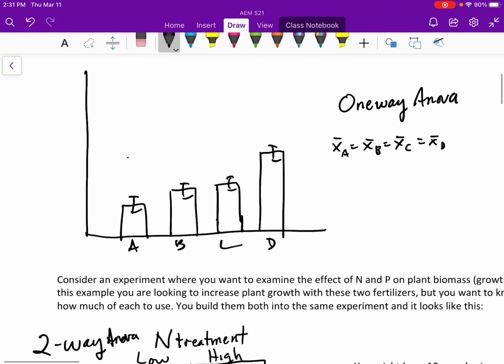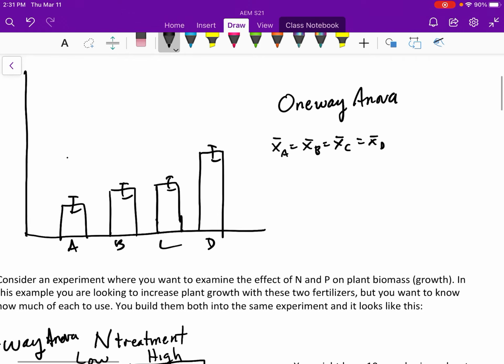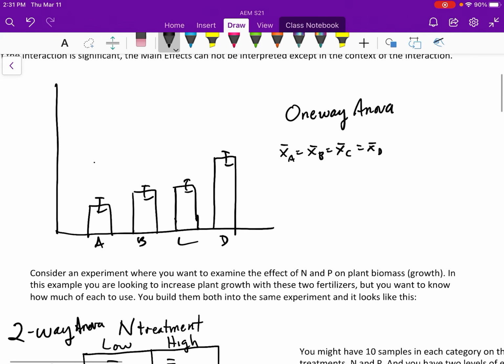Hello, today we are going to look at two-way ANOVA. I wrote some of this out beforehand this time in hopes that it would be clearer, with better, nicer drawings for most of that material. What I've drawn here is a representation of what we covered previously, which was the one-way ANOVA, which is